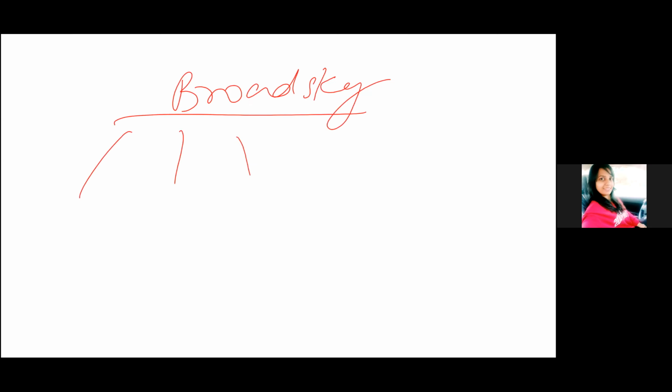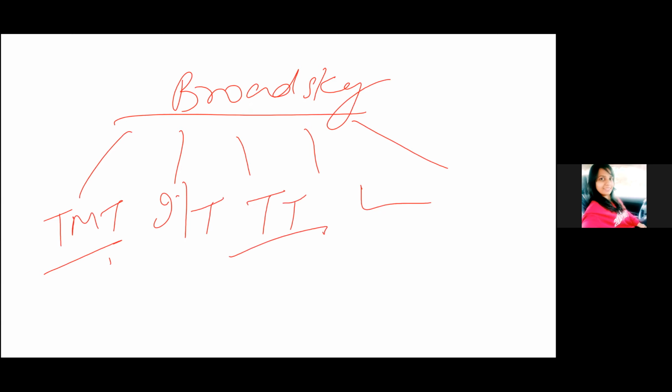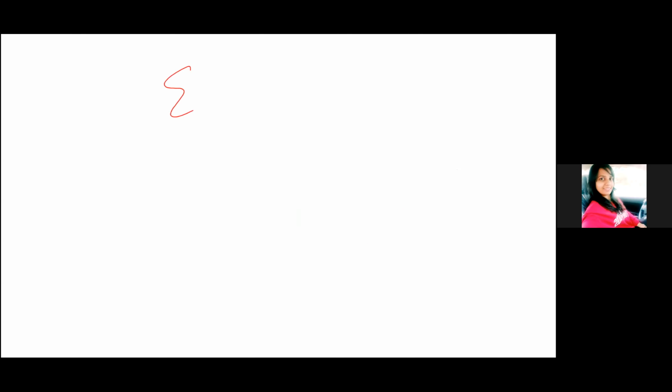In Charcot's joint, you have 3 classifications. First is Brodsky. In the Brodsky classification, there are 5 types. Firstly, there is involvement of the tarsometatarsal joint. Then we have the intertarsal joint. Then we have the tibiotalar joint, and then there is involvement of the forefoot. Okay. Then we have the second classification, that is Eichenholtz.